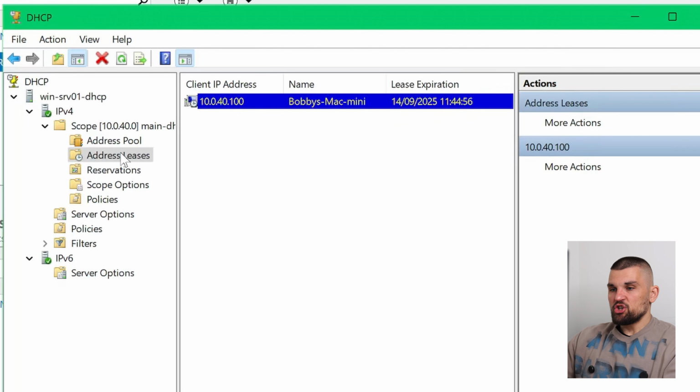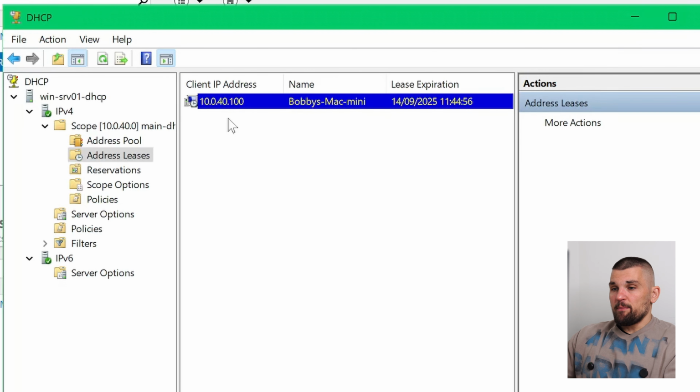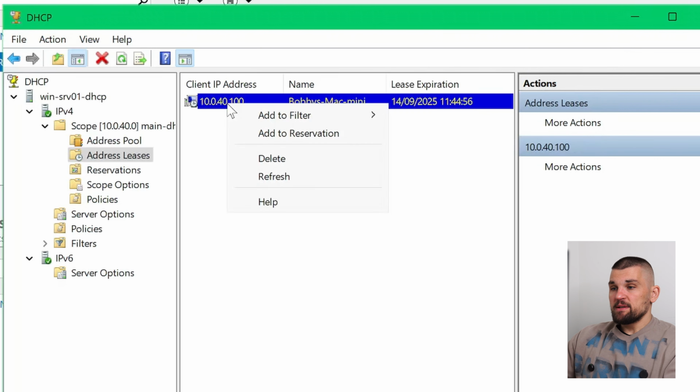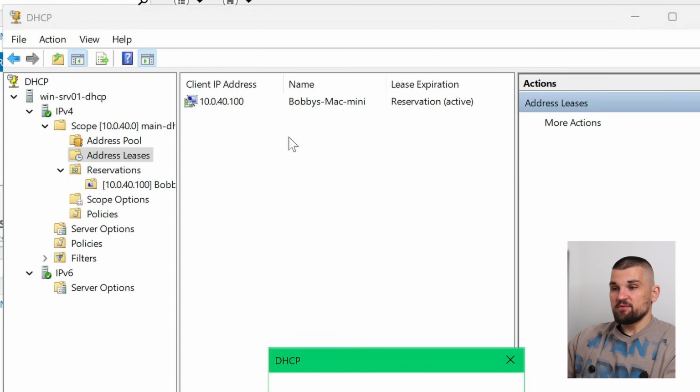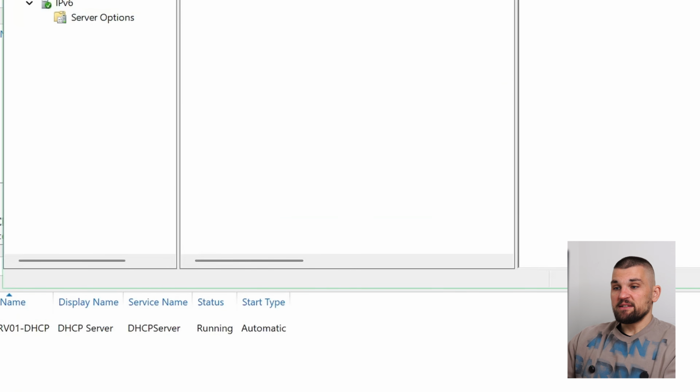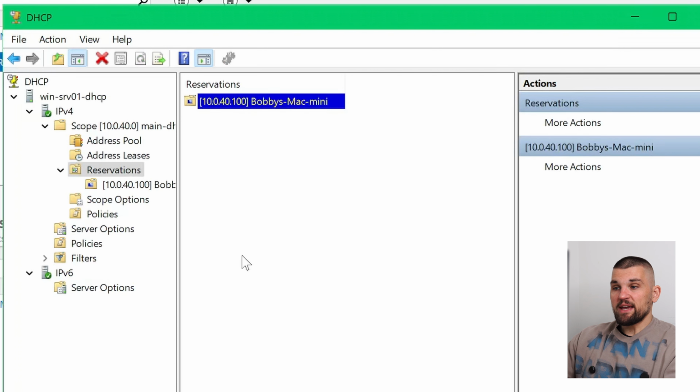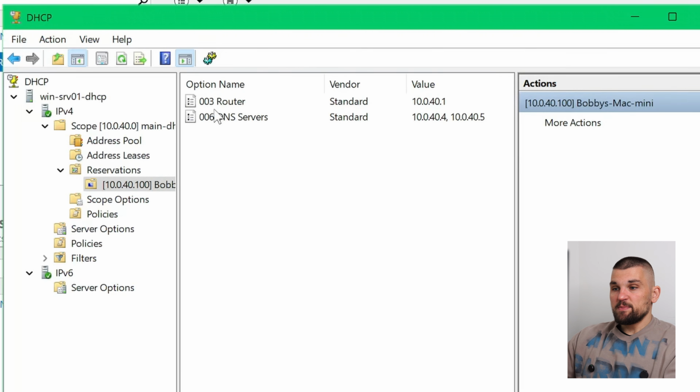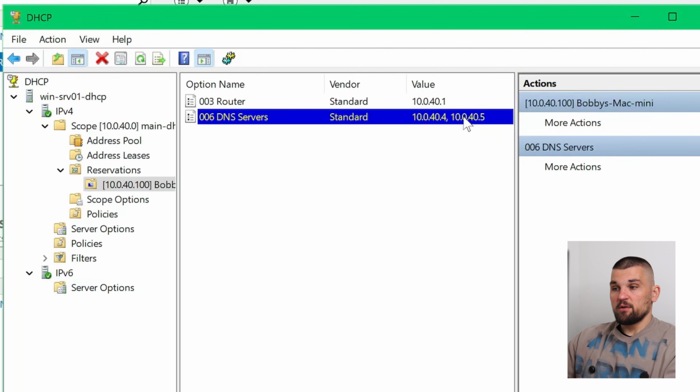So nothing's really changed. In order to reserve that IP address and make sure it stays permanent, I can right click on the actual device where it says client IP and add as reservation. We get a confirmation saying lease converted successfully to reservation. If I click on reservations now, we can see that my Mac has indeed been reserved. And I can see that it's been given a router of 10.0.40.1 and the DNS server 10.0.40.4